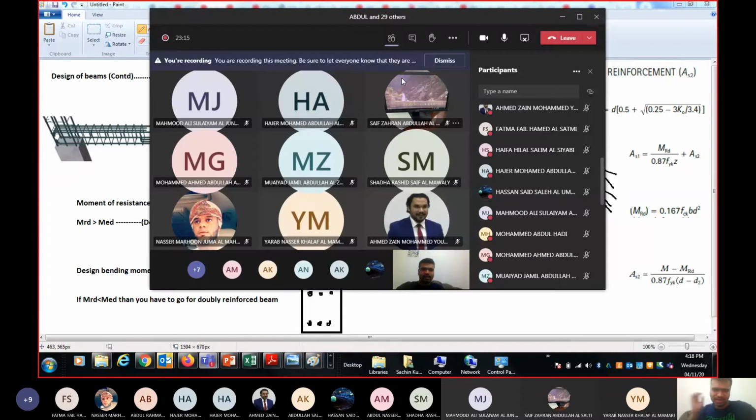Everyone, you can see me now. We have a beam. Initially it is simply supported, so it is behaving like this. Now I'll provide fixity. Fixity means see my hand here and see my hand here. Now, if I try to do like this, can you see some change in the shape?